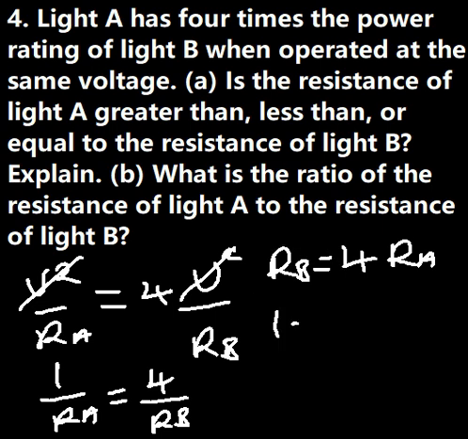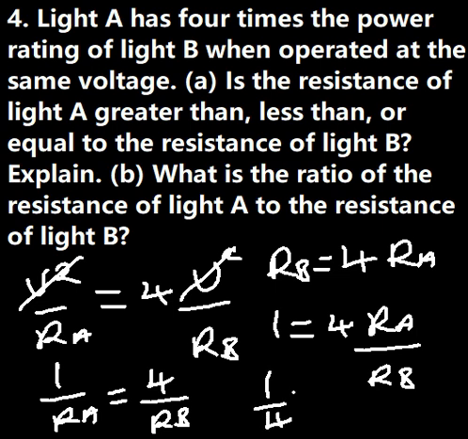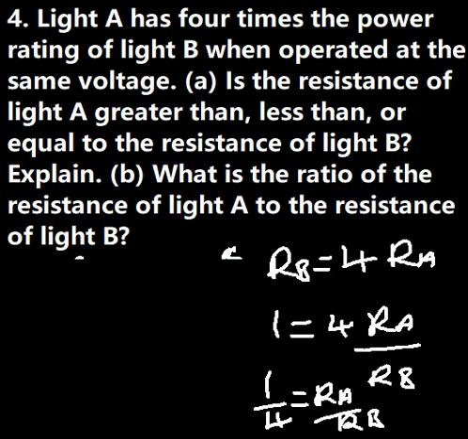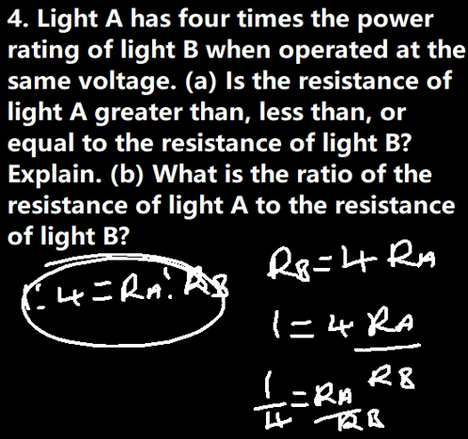So which means we'll have 1 is equal to 4 RA over RB, of which you have it as 1 over 4 is equal to RA over RB. So that is the ratio, of which you can express that one in terms of, of course that is in fraction, but the ratio will be given as 1 to 4, RA to RB. So that is the ratio, and it is really making sense, because as it stands here,